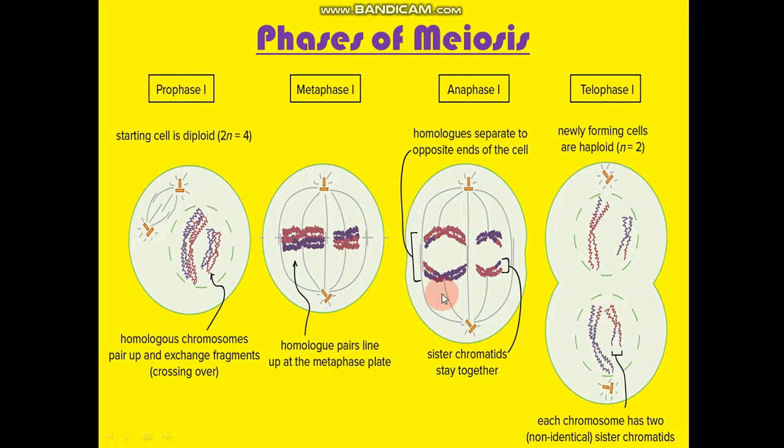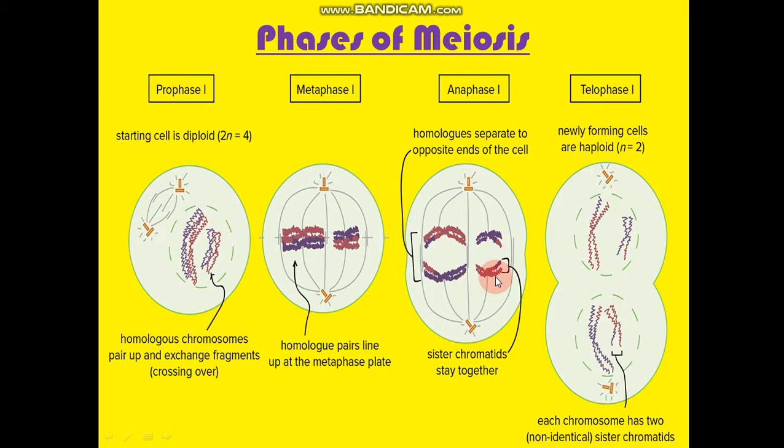Okay, so here what happens? See, here lies the difference in anaphase 1. What was happening in mitosis? In mitosis, the sister chromatids were going in different directions, but here, as the homologous pair is together, out of this homologous pair, one of the members will go in one direction while the other will go in the other direction. Clear? And this is what is happening in anaphase 1. The homologs separate to the opposite ends of the cell and the sister chromatids stay together.